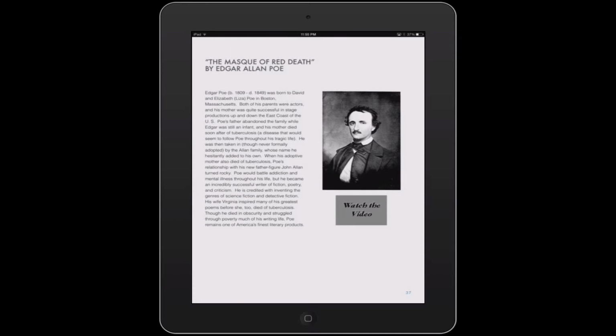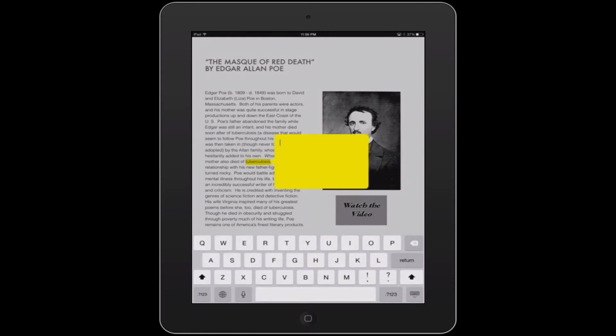Now, a couple of things about note-taking. We saw before that when you highlight a word, Note comes up. So let's highlight a word in this Poe biography. Again, if I just wanted to highlight it, I could choose that from a menu. But if I wanted to attach a note to this, I can tap on the word Note, and then this little sticky note pops up, and my keyboard will appear, and I can write whatever I want in this